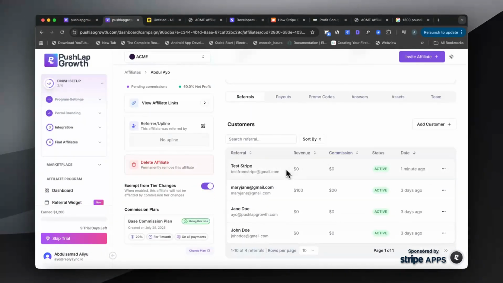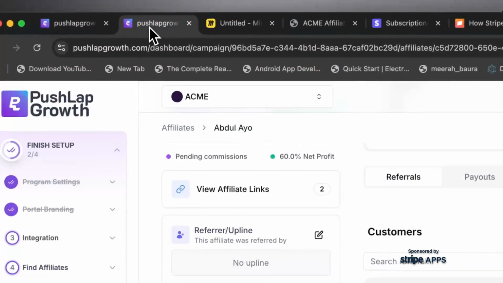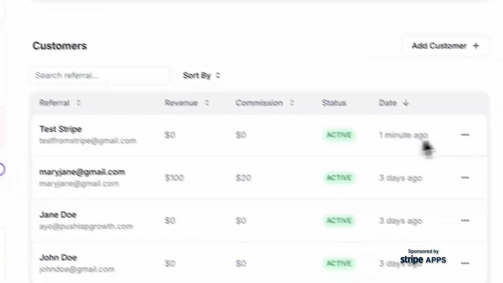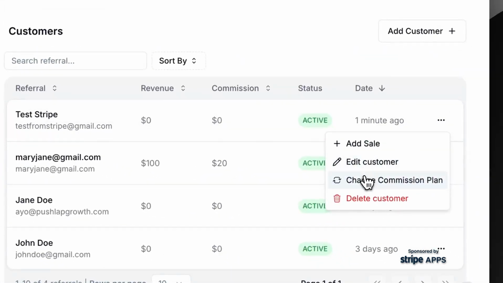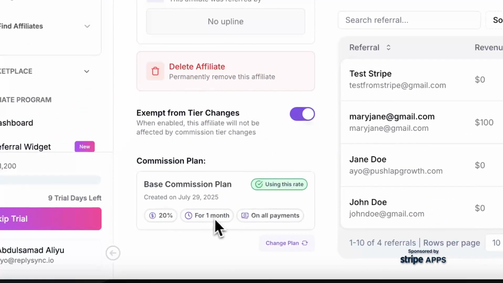So we see this test Stripe at gmail.com. We can see that the revenue is 0 and the commissions is 0. Now, anytime that customer makes a payment, it will go through the commission plan that we have set up. So let's see the commission plan. It's the base commission plan, right, which is 20% for 1 month. So the first month, right? So let's simulate that